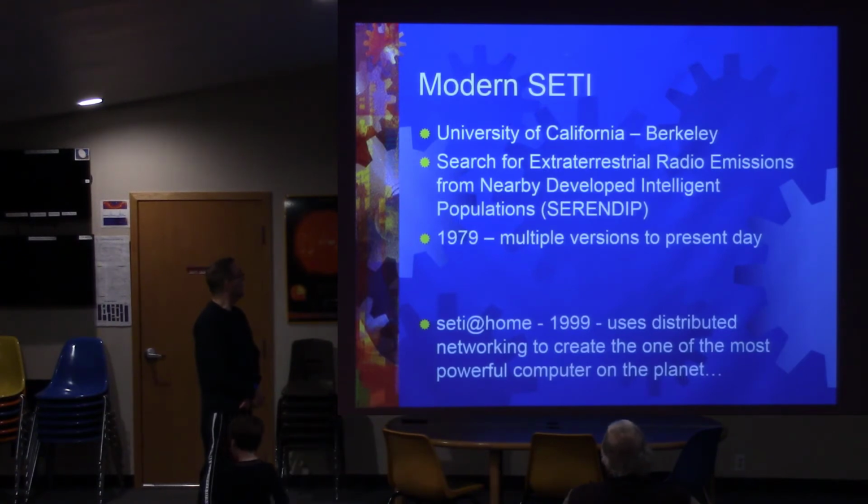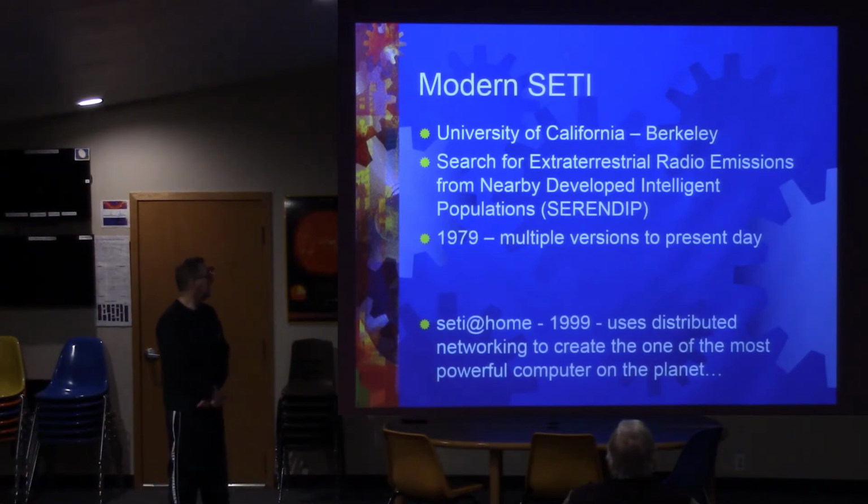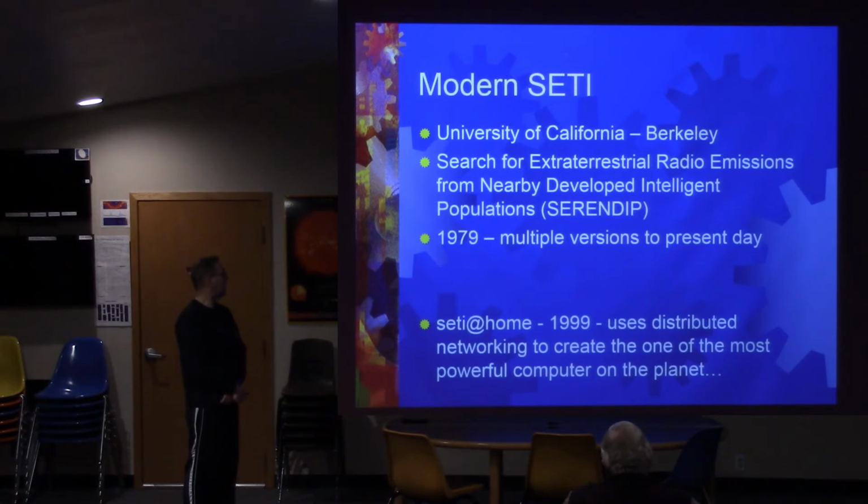So yeah, we have SERENDIP, the search for extraterrestrial radio emissions from nearby developed intelligent populations, and we've had multiple other versions going. SETI@home, founded in 1999, uses distributed networks to create one of the most powerful computers on the planet, using people's